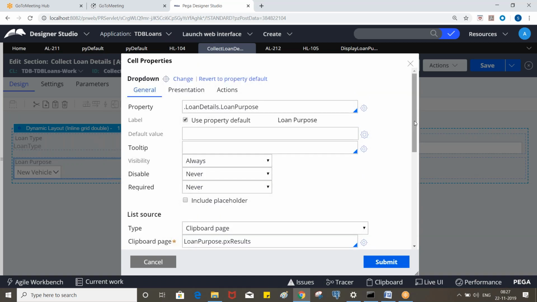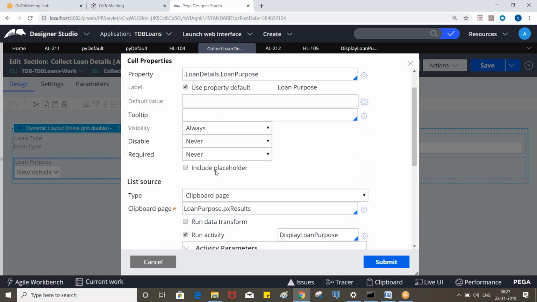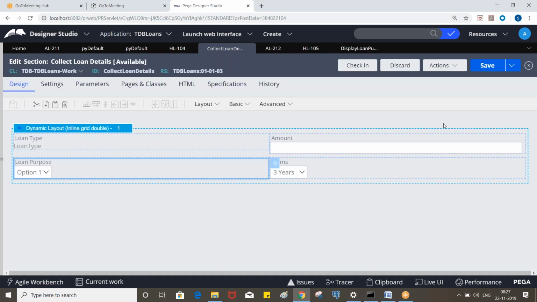Any questions so far? And you can include some placeholder. For the drop down, we need to put some placeholder, otherwise it will be defaulted to some value, and without changing the value, the user can submit the screen. So we always allow the user to select the value from the drop down because we'll have multiple values, right?